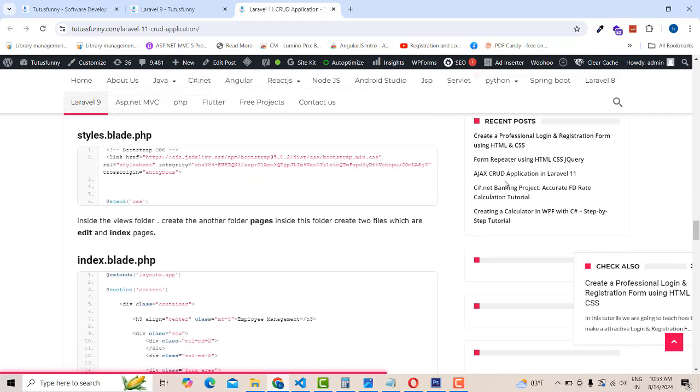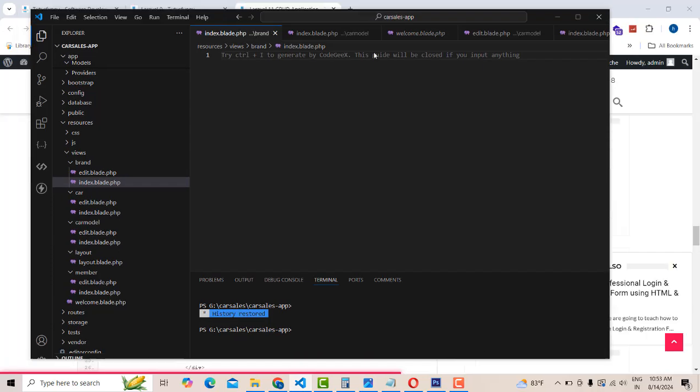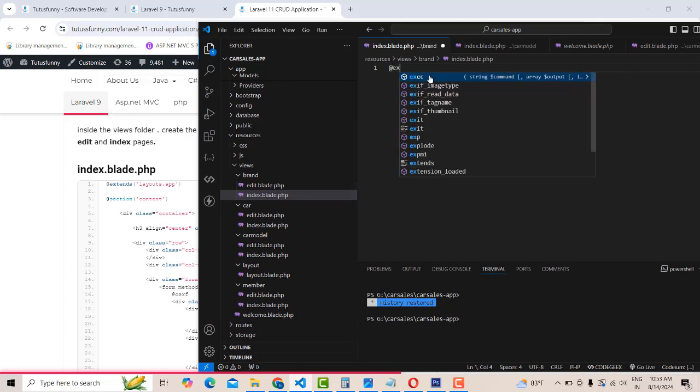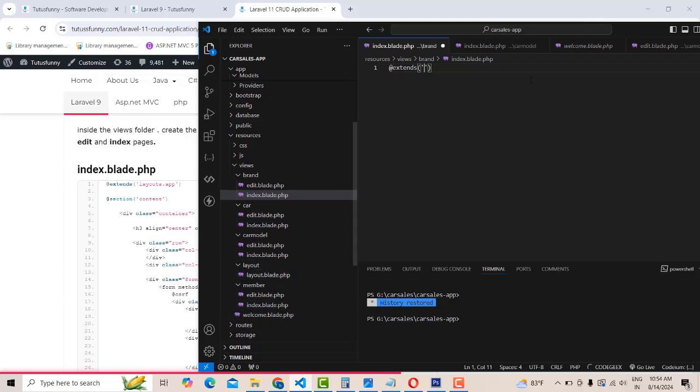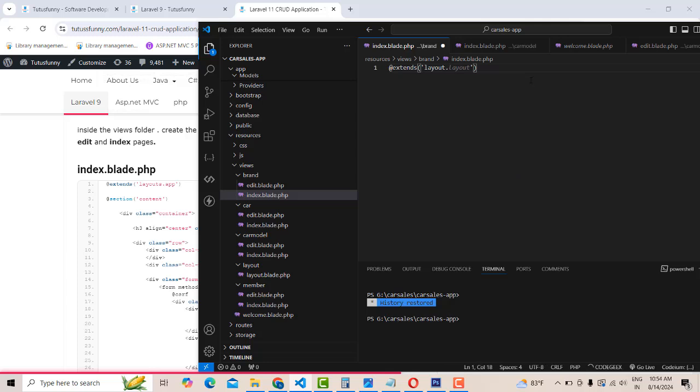I'm going to do the things as well. The index page. So here I'm going to first extend. You type this one in the index page, you have to extend layouts, which is the layout folder, layout file. So layouts.layout. Okay, after that you just copy this,